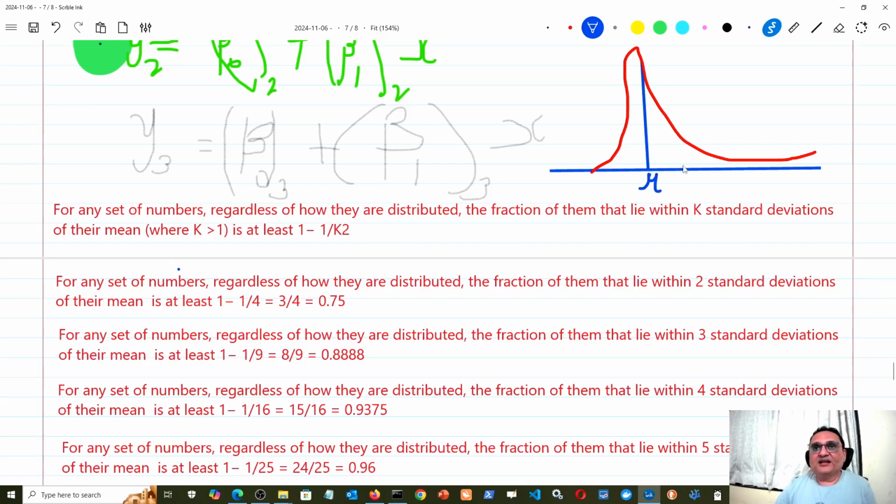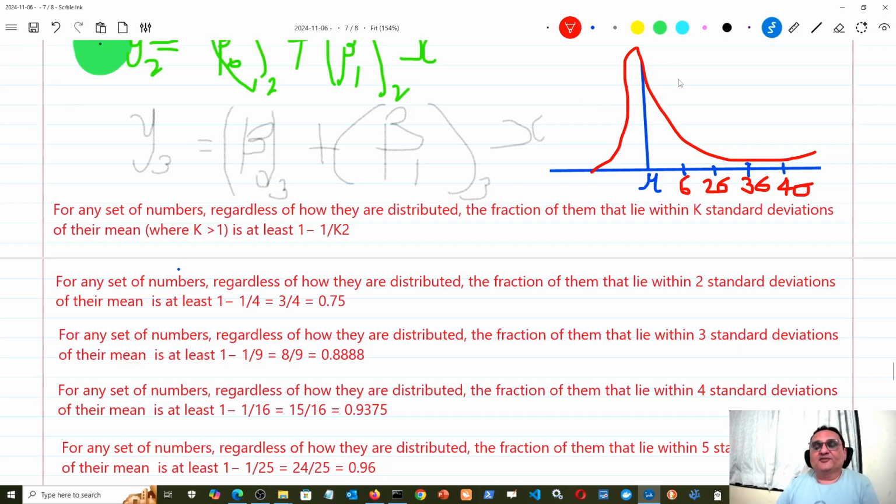Now if someone asks that I take this much distance, which is equal to 1 standard deviation, so k is equal to 1, then someone says, no, I want to take this much distance from the mean, which is equal to 2 standard deviations, 2 times sigma. I'm writing with the mouse, so apologies for it being a little unclear. Someone says, no, I want to take a distance equal to 3 standard deviations, that is 3 sigma, and still someone says, I want to take a distance equal to 4 standard deviations, that means 4 times sigma. Then in that case,